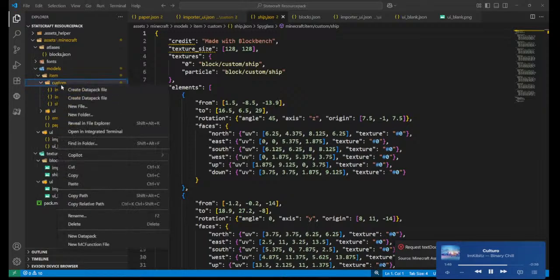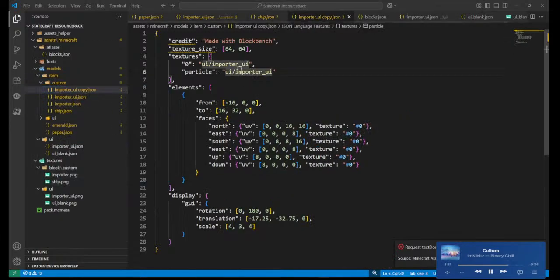copy, right click, paste. So this is the UI underscore blank. So we do UI underscore blank and the parent. I hope so. Copy and I have to paste that there. And then guess what? Look with texture size, elements, north, UV, scale. Let me just do 1, 1. And 1,